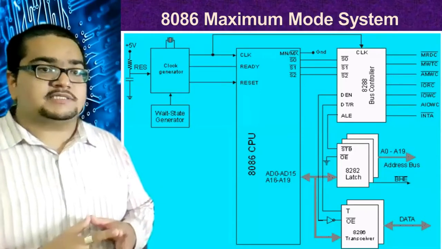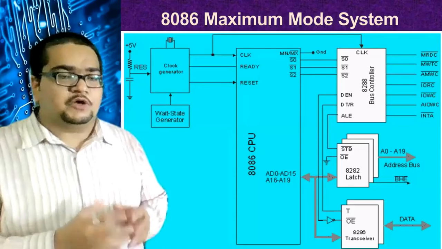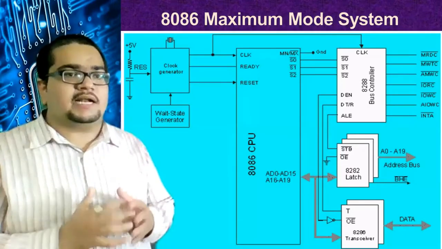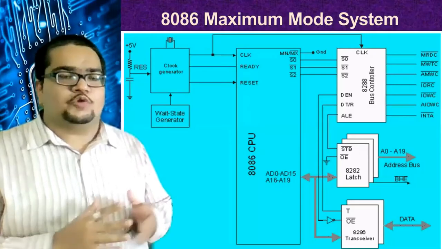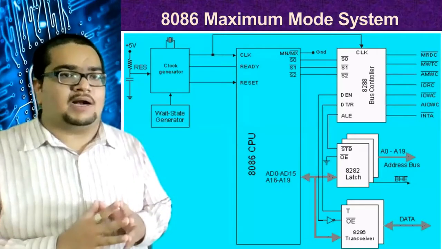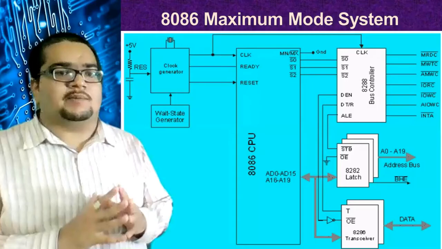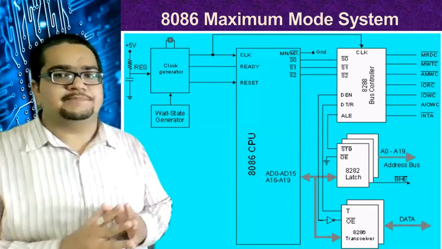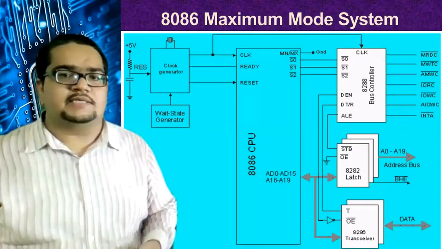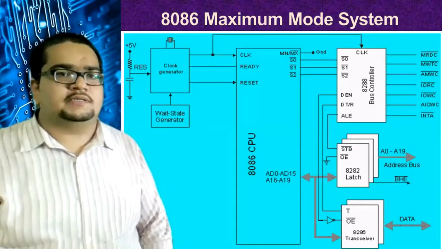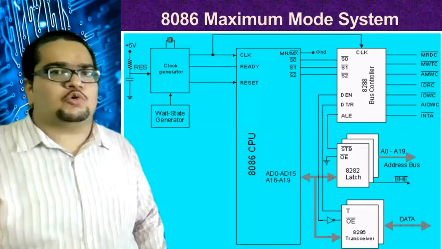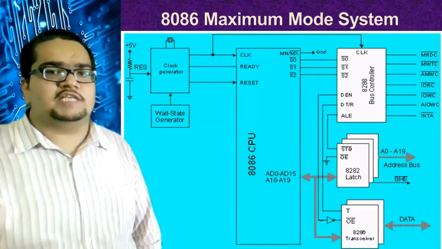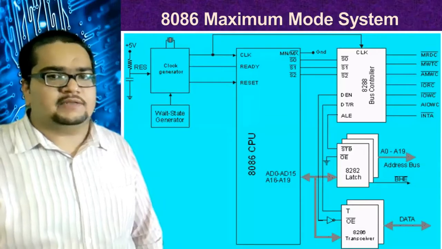Whereas read operations are dependent upon the peripherals, because here the control is not with the processor. The data has to come from there, and only then can the processor read. So we do not have advanced read commands, but we have advanced IO write command and advanced memory write command. And obviously INTA bar is here. The remaining system configuration is similar to what we had in the minimum mode. The extra thing is this one particular device, the bus controller 8288.